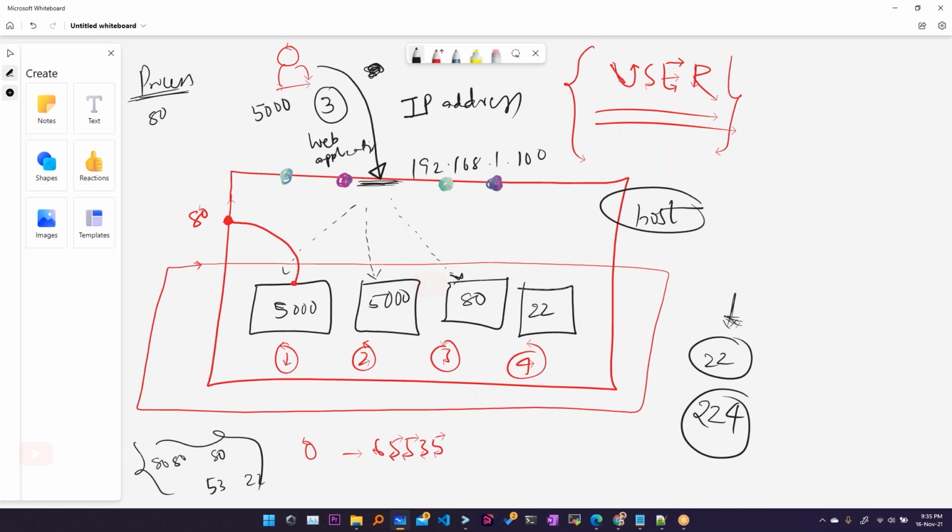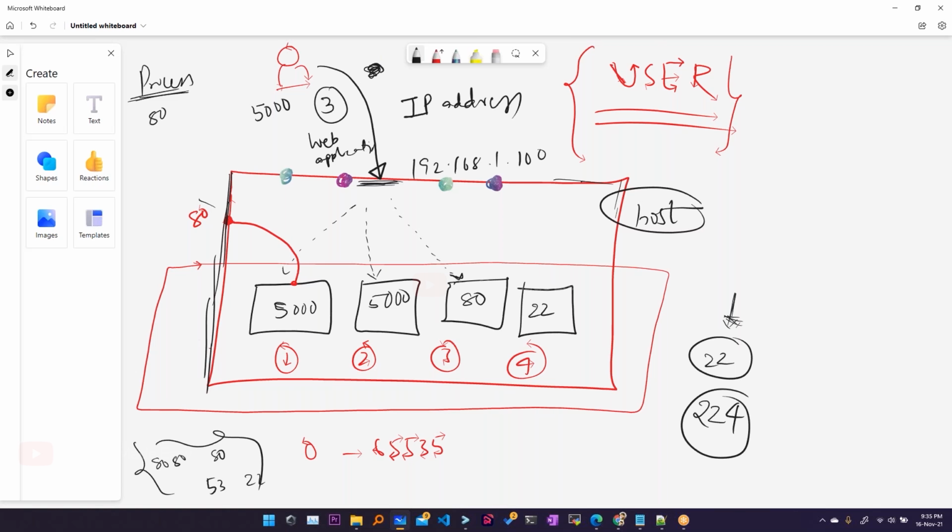Now, why is this port mapping needed? Internally I can have n number of applications with similar port numbers, but for the outside user, the request will only come to this layer, which is still the host machine.